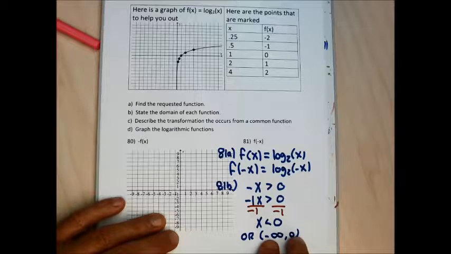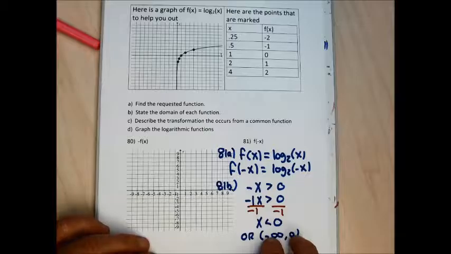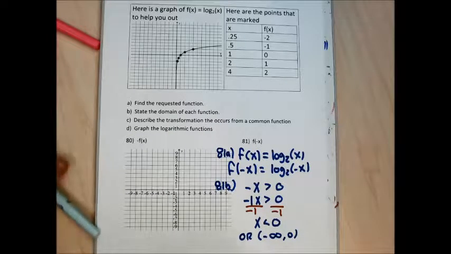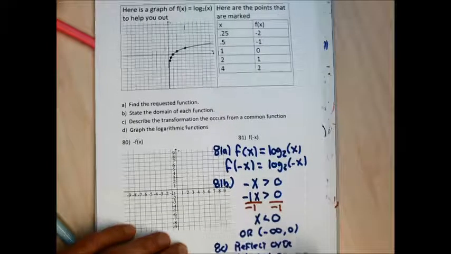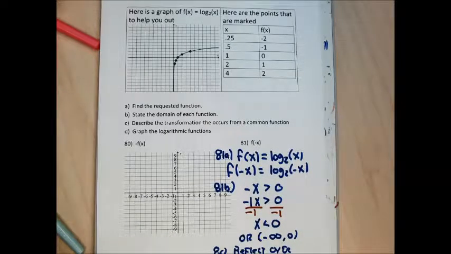Negative numbers up to 0 are less than 0. When I go to describe the transformation, that's when we don't do so much. This is reflecting over the y-axis. So part C, I'm going to describe the transformation. I'm going to say it's going to reflect over the y-axis. And now I'm going to take each point and move it to the exact opposite side of